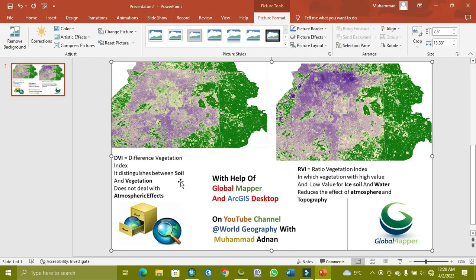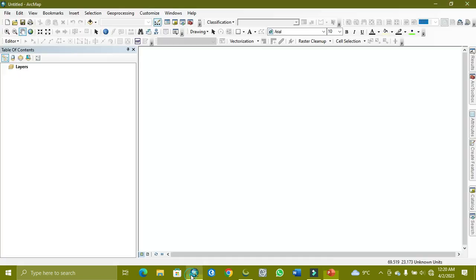Today's tutorial is related to two indexes. One is DVI, Difference Vegetation Index, and the other is RVI, Ratio Vegetation Index. Both are related to vegetation, and in this tutorial I'm going to show you some